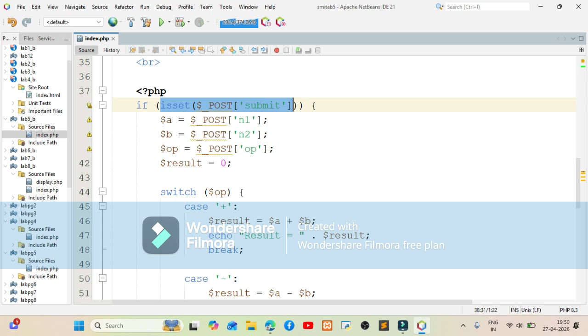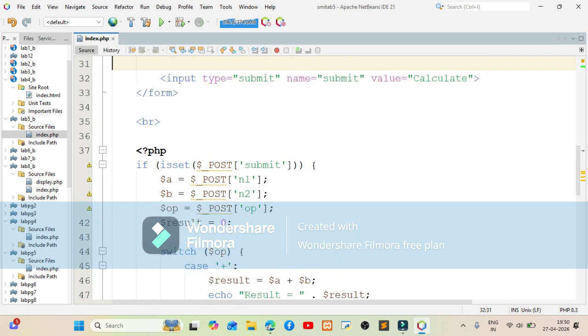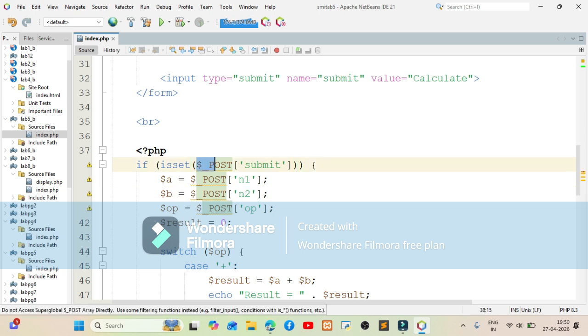It simply means that if the user has clicked on this submit button, then and only then are we going to capture the values entered by the user in the form. You might be wondering, in JavaScript we used document.getElementById, whatever the ID was, dot value. But here in PHP we use the global variable called $_POST. Why post?